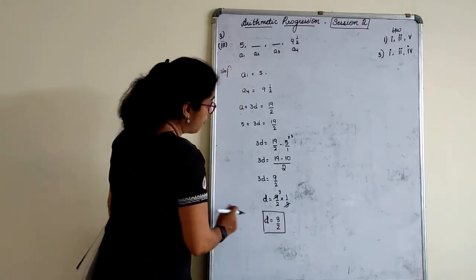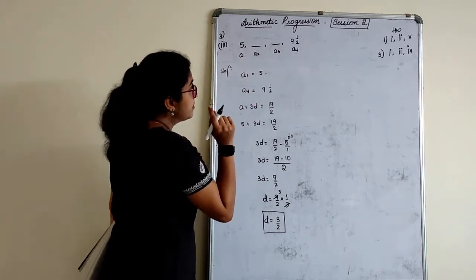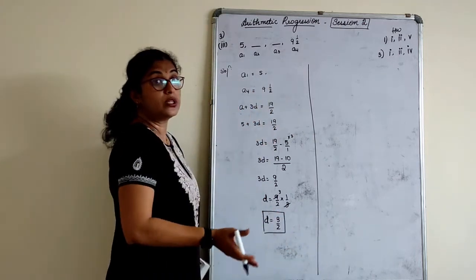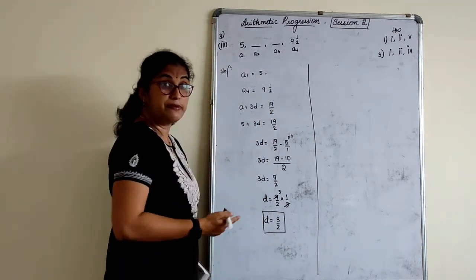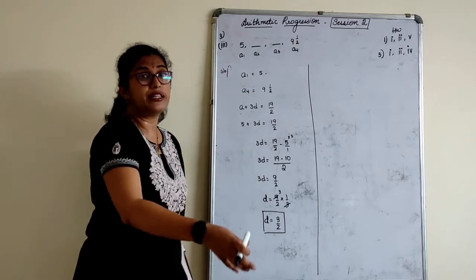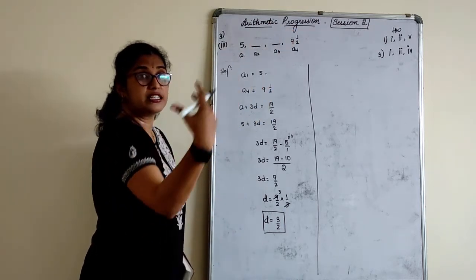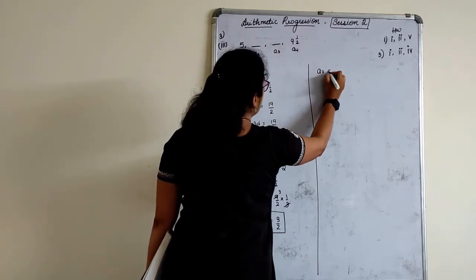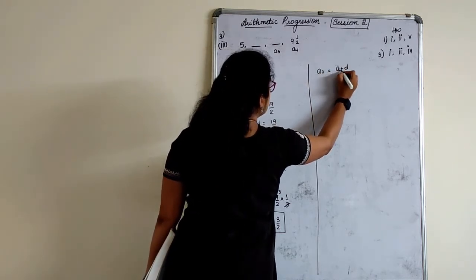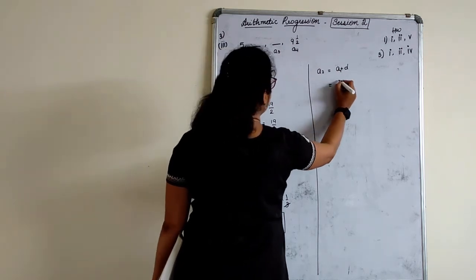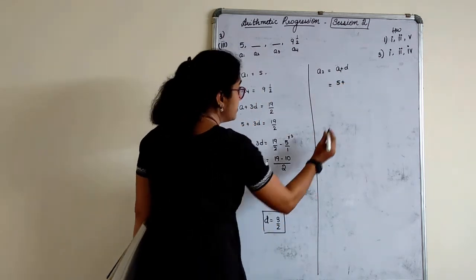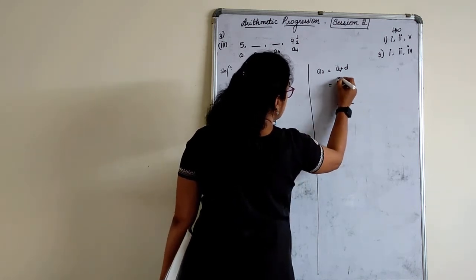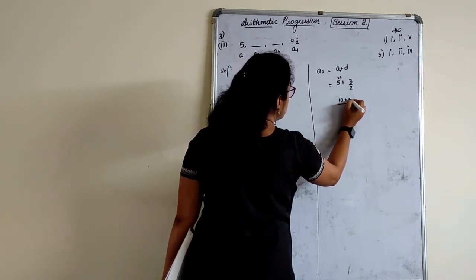Okay, now I know the common difference. Now I know the first term. Can I find the second and third term? Yes. This has to be done one below the other. I always mention that because the sum should always go in this manner, not half here, half this side and half this side. D is there. Now find A2. A2 is A plus D, A1 plus D. What is your A1? 5 plus 3 by 2. So 2 is the LCM, 5 into 2, 10 plus 3.